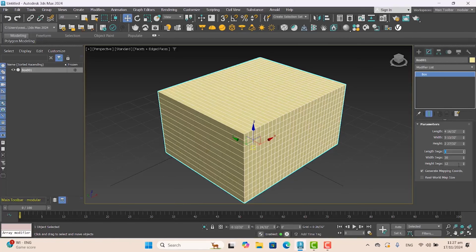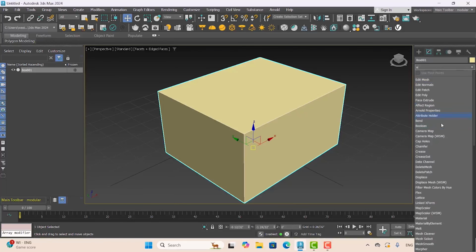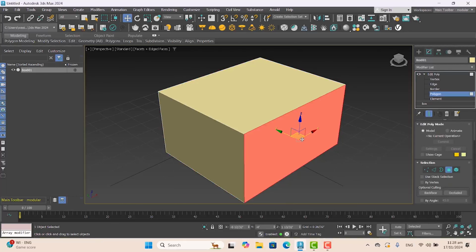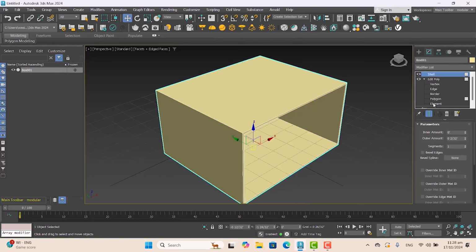As I don't want segments over here, type 1. Now make it editable poly to make it an extra element. As I want to make a simple room, delete the first polygon, the front polygon, and make a shell,